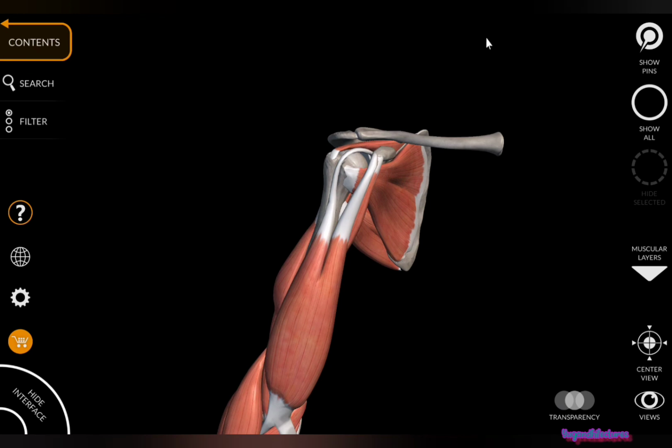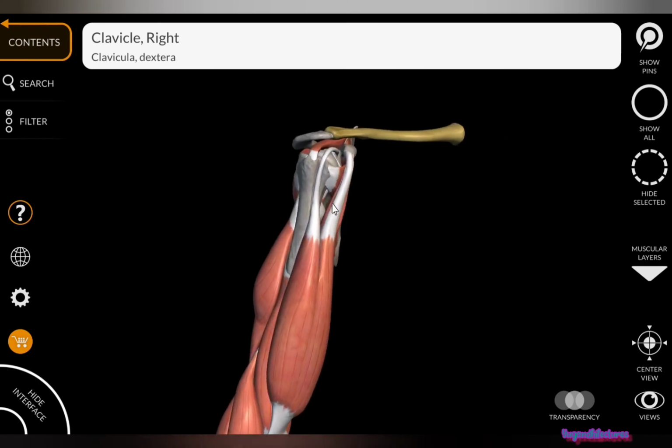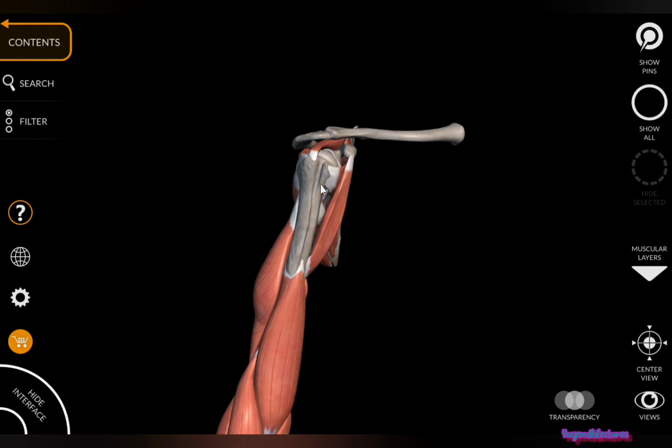So another important muscle which is also inserted into the bicipital groove, and it is also under the cover of deltoid muscle. It is inserted into the bicipital groove in a bilaminar fashion, bilaminar tendon. It is inserted by a bilaminar tendon into the bicipital groove. Hope you would have guessed that. So that muscle is called the pectoralis major muscle, and it gets inserted into the bicipital groove by means of bilaminar tendon. So the insertion of the pectoralis major muscle is also under the cover of deltoid muscle.